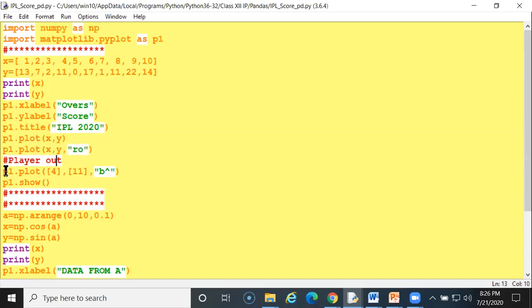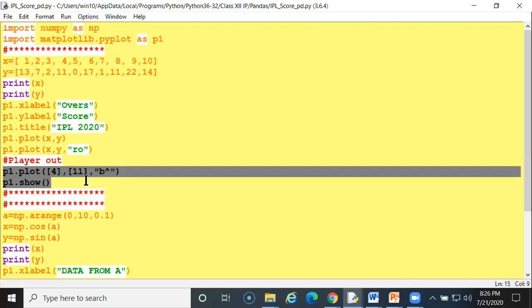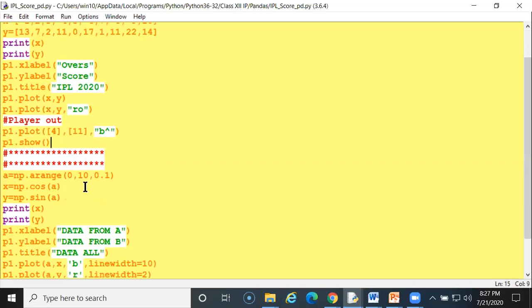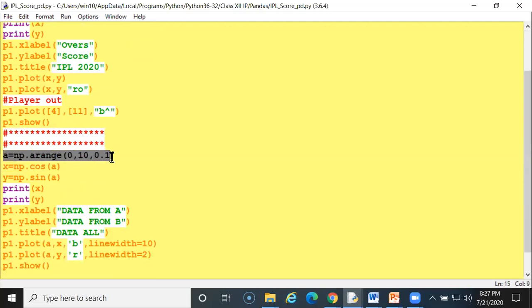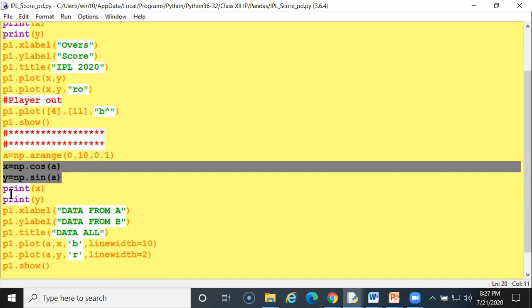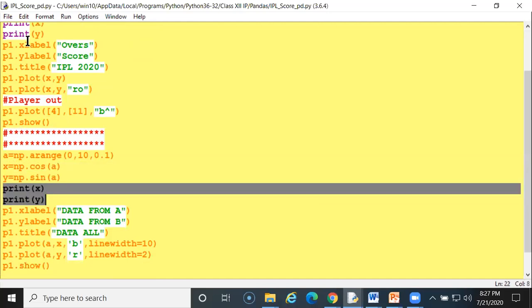Now clear out. It will show a small bottom and top and bottom, that will show the plot. So it will be displayed here. Now again I am calling numpy in my program. Then I am using np.arange, beginning with 0, ending with 10, this is the update part in numpy. So here x equals np.cos and sine I am using, that will be displayed, and print the x and y values which I have earlier used.